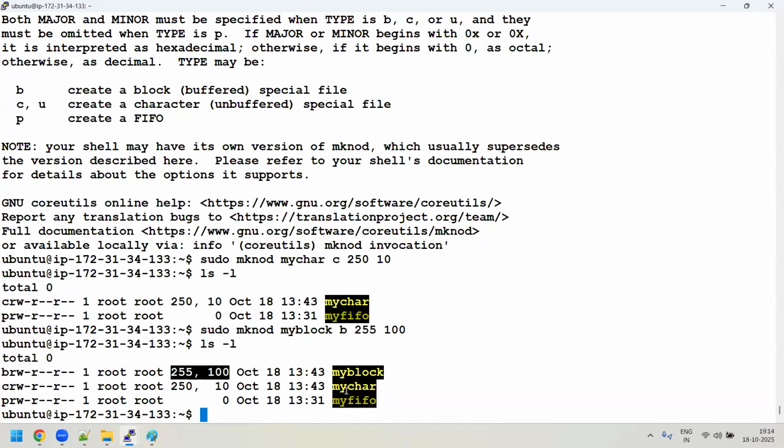So these device files are represented with the help of a major and minor number. Okay, and this is the block device file. You can see that the entry is b, and this is a character device by seeing the entry c like this. You can see the first column, the first character, represents what type of file it is.